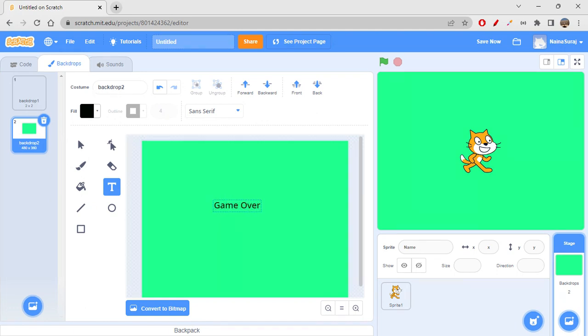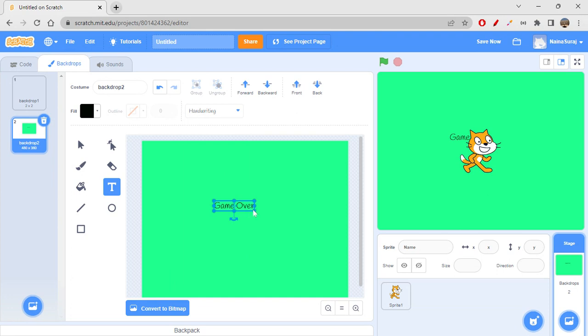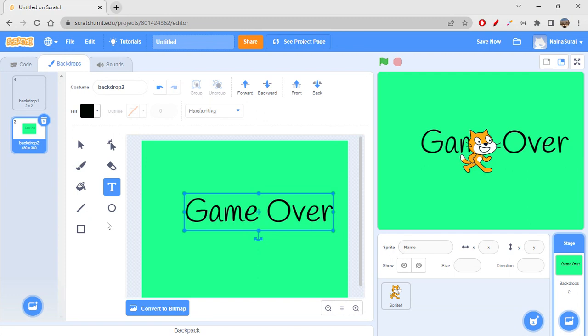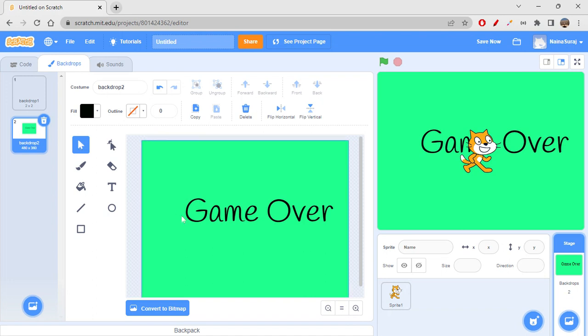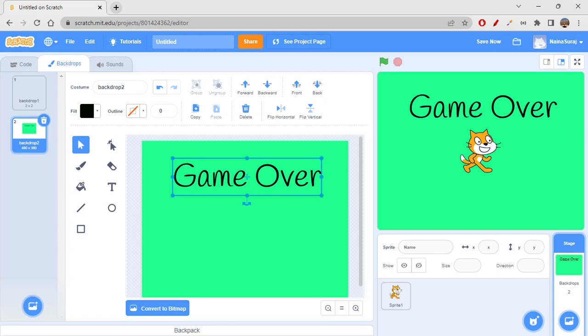Game over, right? Now here you have this font option. You can actually use any font whichever you like, and you can increase or decrease the size by just clicking on it, right? Let's say now I'm just clicking on circle, but I just thought that I don't want to keep this game over here, but I want to keep it somewhere else. Okay, so then just click on the select tool, click on it, and then you can move it anywhere, wherever you would like to, right? So this is how simple it is with this select tool.